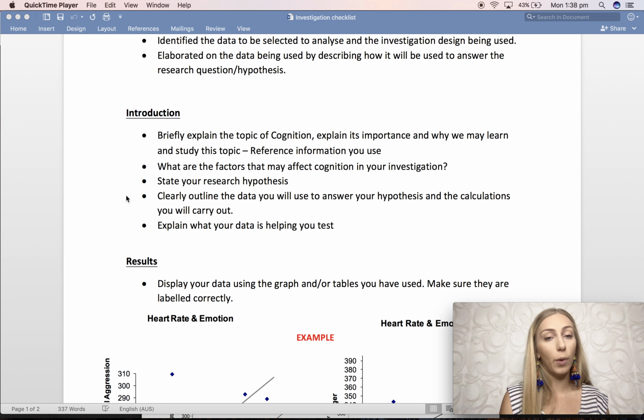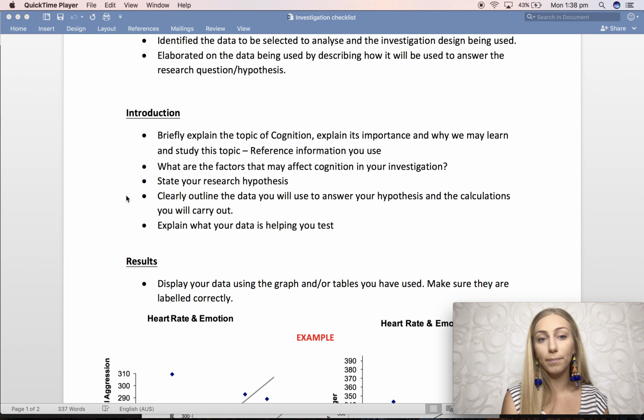So cognition is like working with your memory. So you'll provide just a short little statement there explaining the topic of cognition, and remember that won't be your own work, so remember to reference the information that you use. Then you will also explain the factors that may affect cognition in your investigation. So depending on the information that you provide on cognition, there might be specific factors that might affect your question. So there might be some information there that you can sort of connect to your question or hypothesis that you